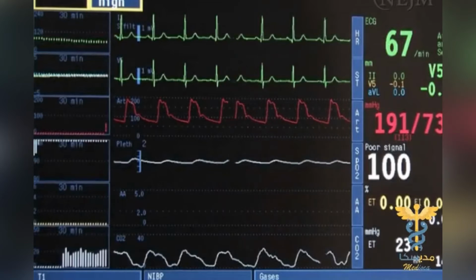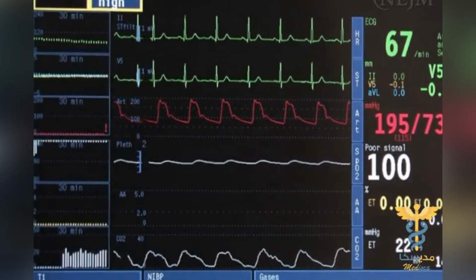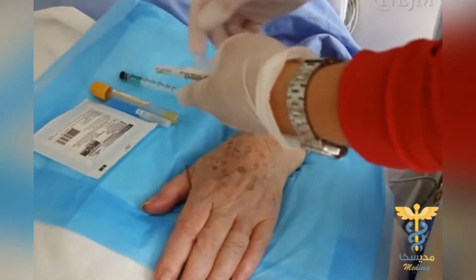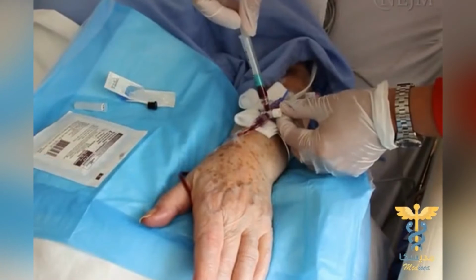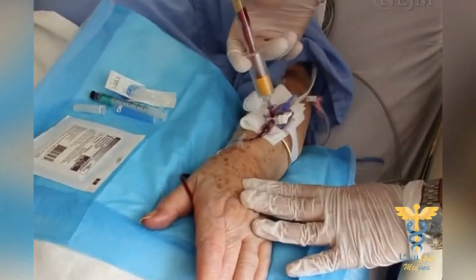Arterial catheterization allows for the continuous recording of arterial pressure measurements and can be used to adjust the doses of vasoactive drugs that are administered for hemodynamic support in critically ill patients. Arterial catheterization also provides easy and convenient access to arterial blood when arterial blood gas sampling and other laboratory tests